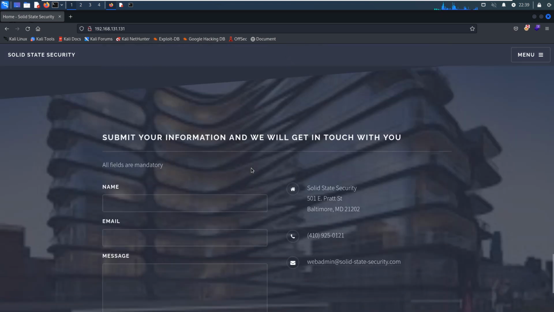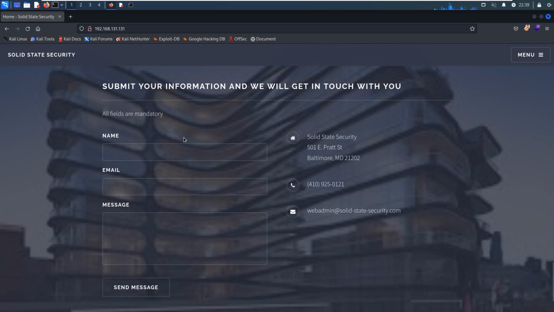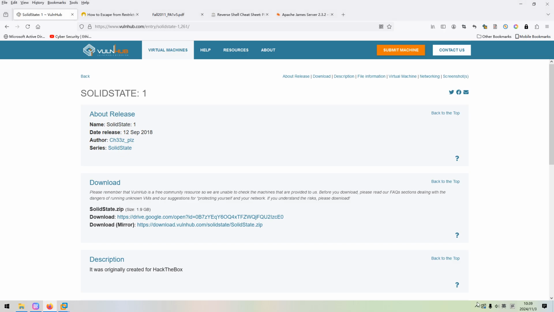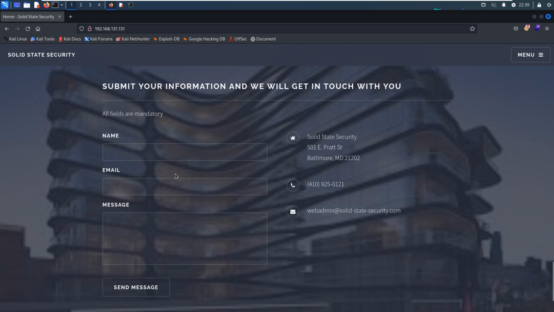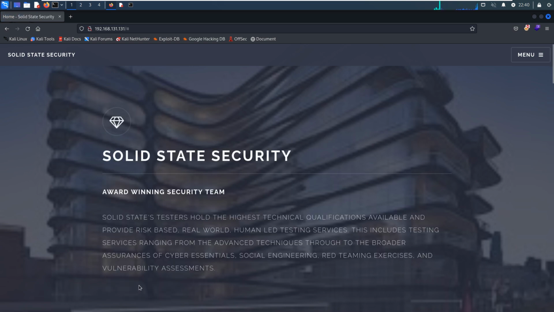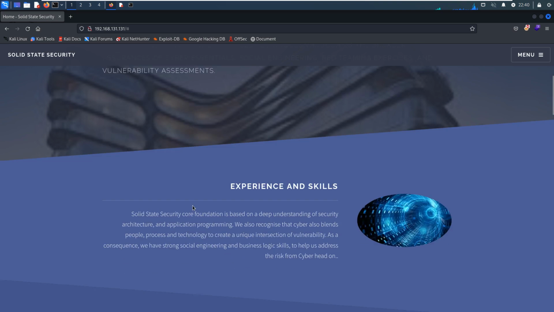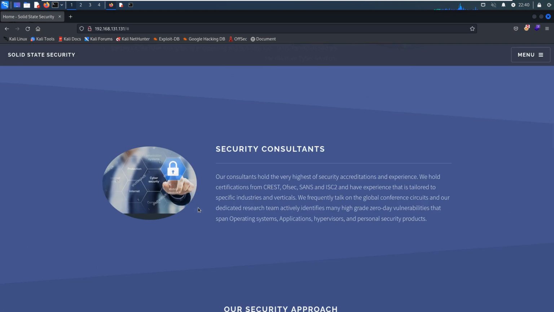And we can scroll down, and here also we can, sorry, I need to pause the video. Okay, let's continue. Here maybe we can send a message to the administrator. For example, we can test with a name like Jason, my mail, and test, and then we can send the message. But nothing. Of course, this will not work because I configured the target machine as host only mode. So anyway, what can we do next?